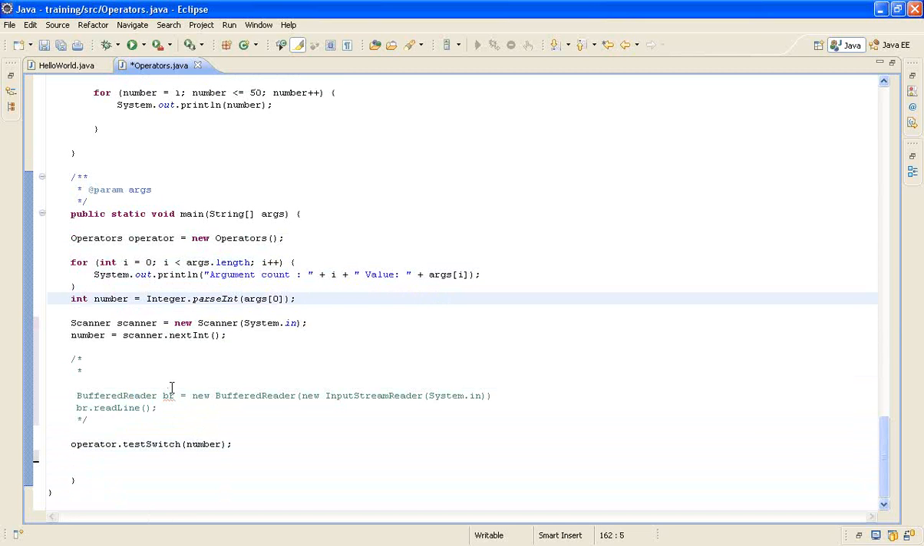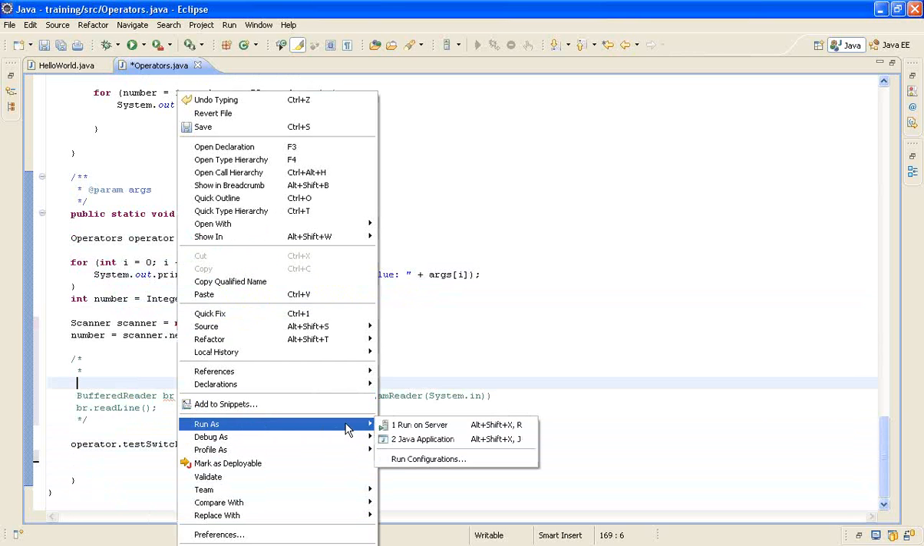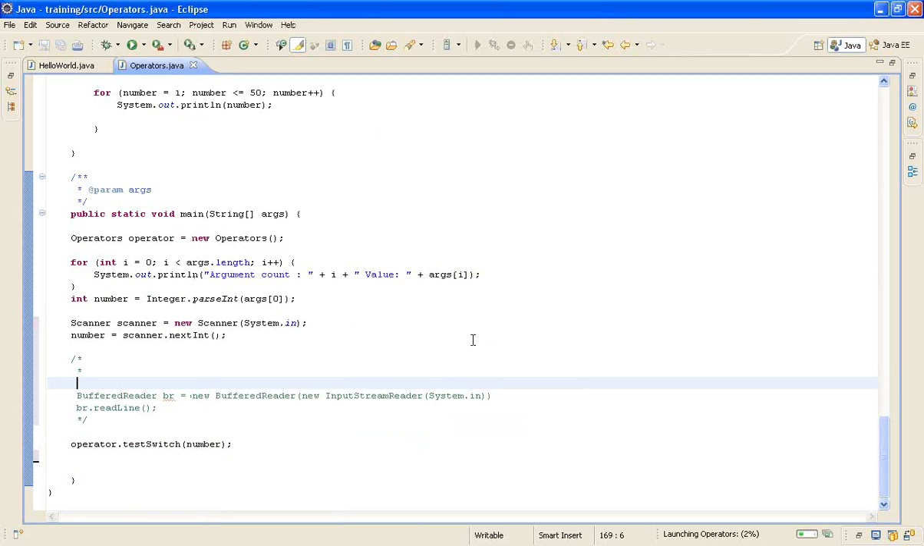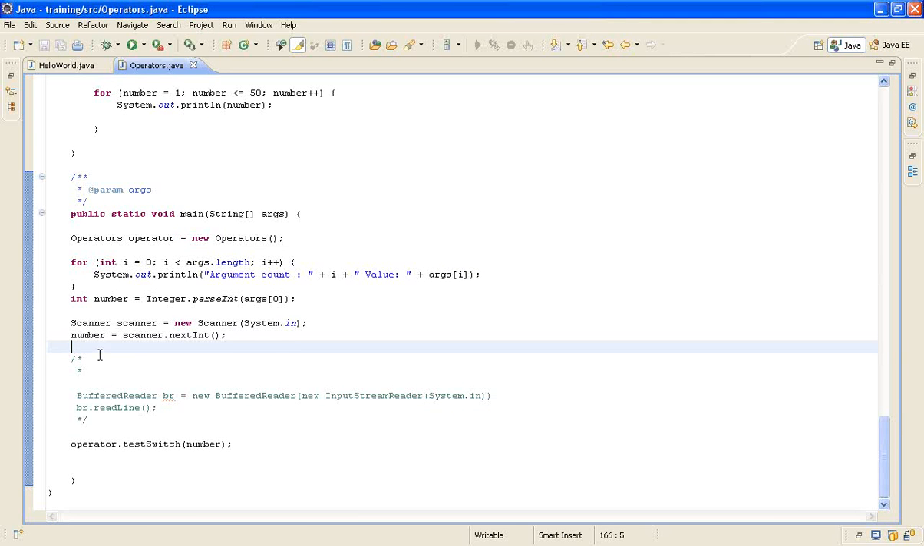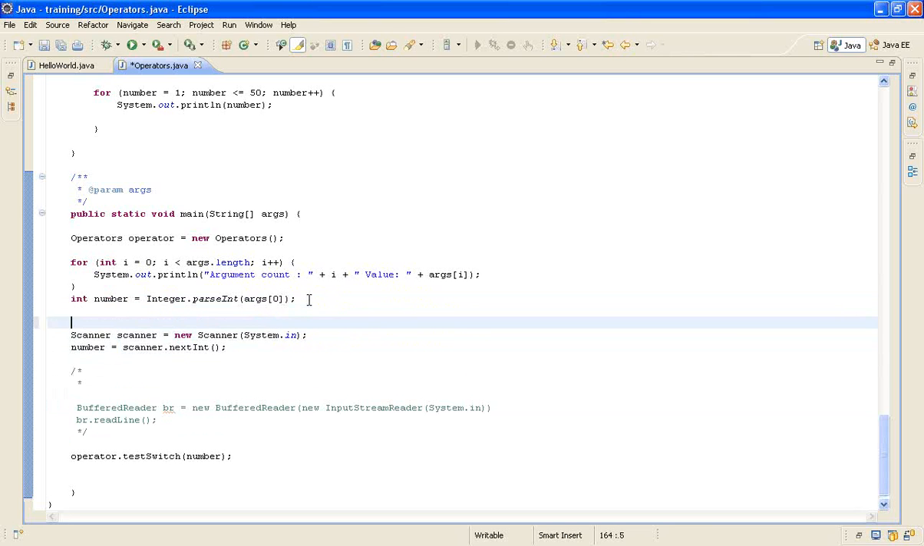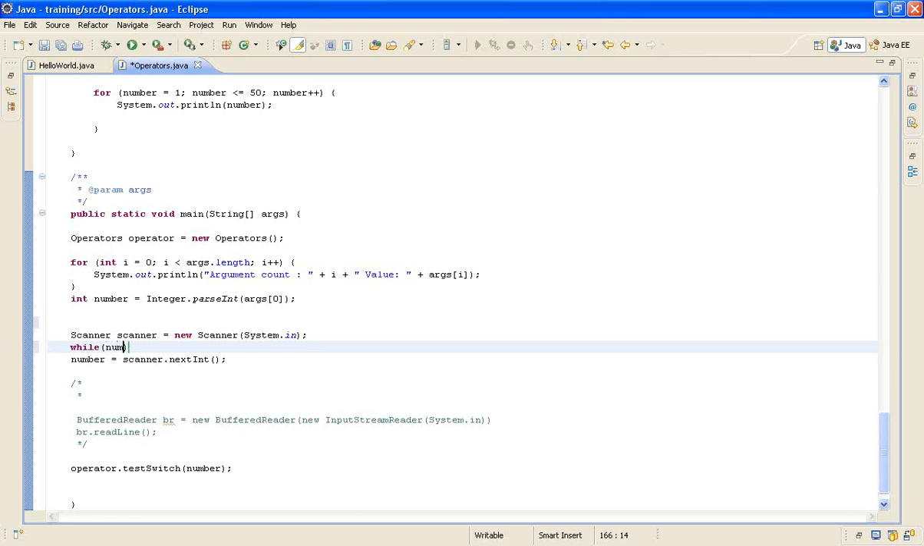But then now we figured out how to read input. Let me see what is going to happen now. Yeah, see, when I did this, now I'll make it a little more interesting. How I will do is that this is fine, while number equal to scanner dot nextInt